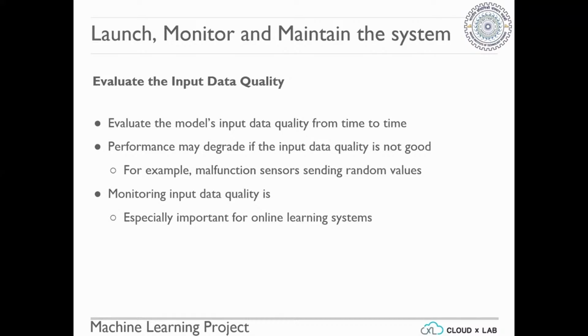For example, if any sensor is malfunctioning, then we will not get the correct data. In that case, our model will not perform well, and the model will make mistakes. So we need to fix any sensor problem that is there. Okay, and especially this monitoring part is important for an online learning system, because in an online learning system, at a regular